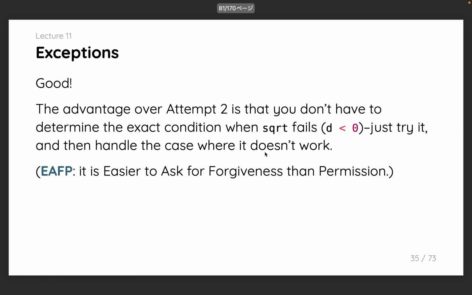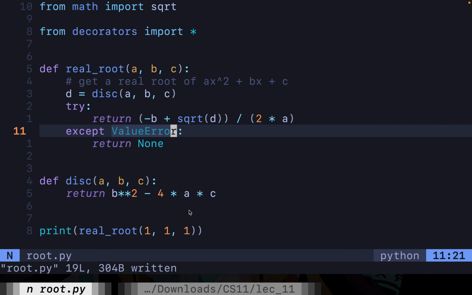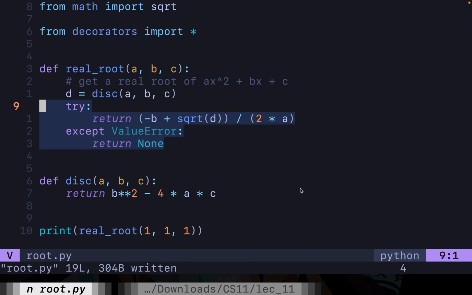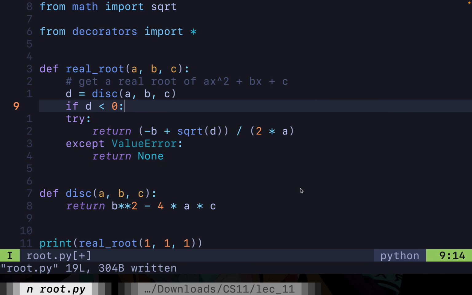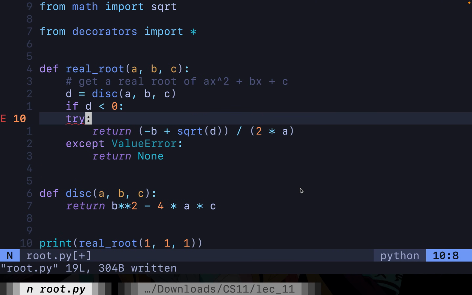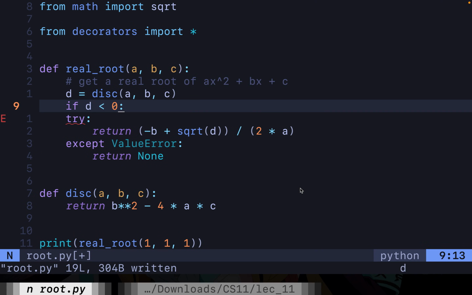This is yet another principle, EAFP. What does EAFP mean? It's easier to ask for forgiveness than beg for permission. So easier to ask for forgiveness. So in this example, we're asking for forgiveness inside this except block, rather than asking for permission via if d is less than 0. So it's better to ask for forgiveness rather than to beg for permission. Okay,